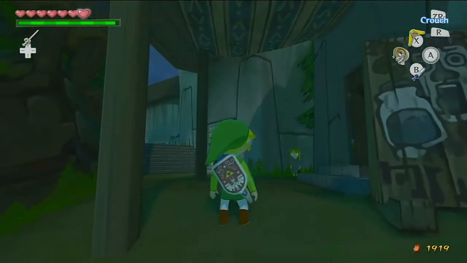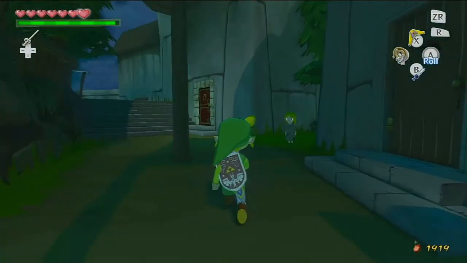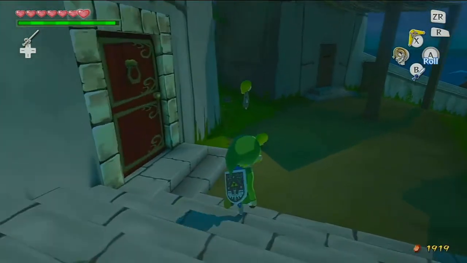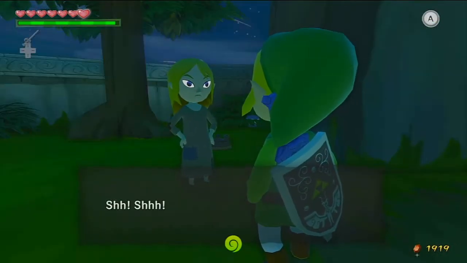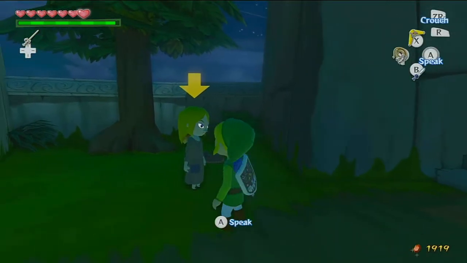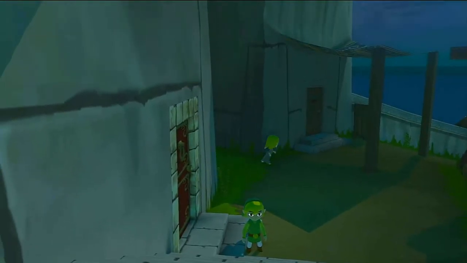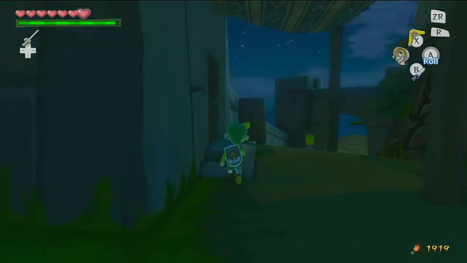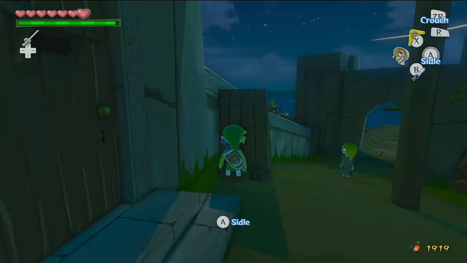But yeah, you see this girl here? That's the once wealthy girl. You walk past her, or rather, you talk to her first. It's like, look, lady, I know you're desperate for rupees, but there is literally a blue rupee inside that jar right behind you. But yeah, you talk to her, and it triggers that cutscene, and you're basically gonna tail her, follow her around until she gets to